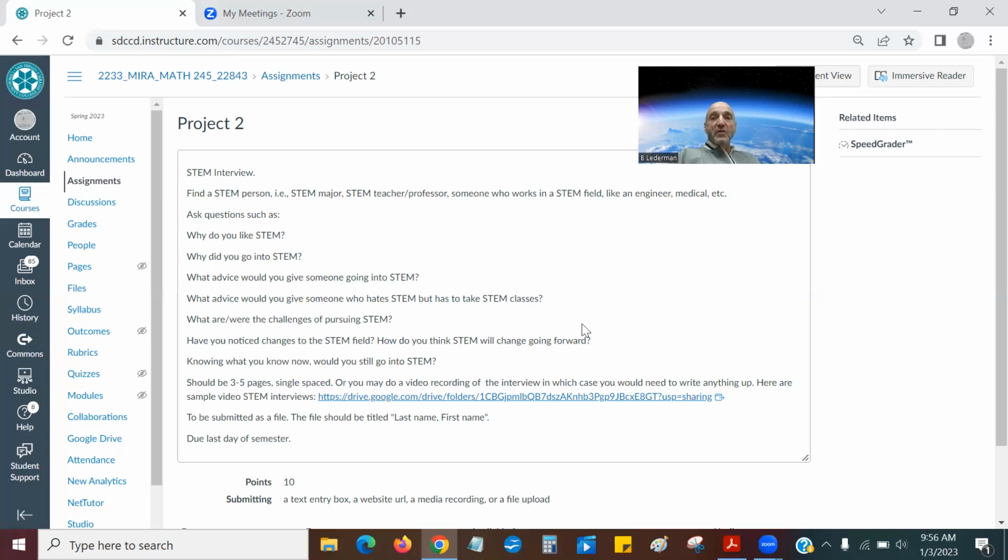Now, by the way, uploading a video into Canvas is a very difficult thing because Canvas can't handle that big of a file. So what you would do is you would upload the video into YouTube and then just put the YouTube link into Canvas, and I could see it. I could watch it that way. If you try to put a whole video into Canvas, Canvas will get indigestion. It can't handle big files the way YouTube can.